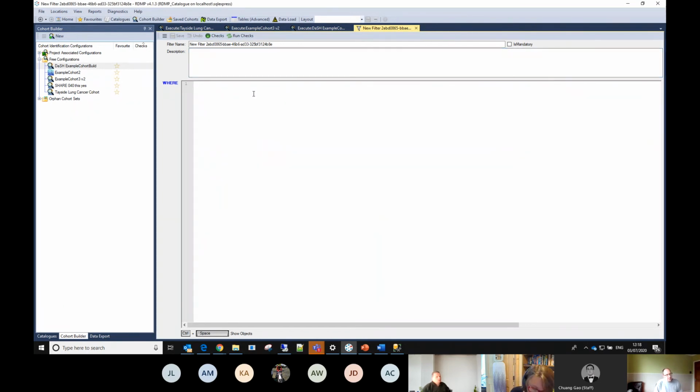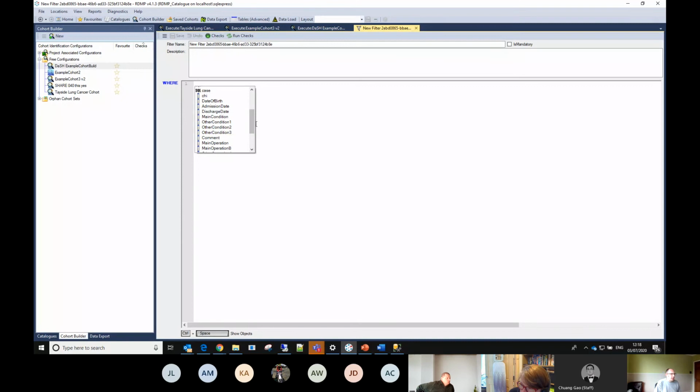Basically, what you're doing here is you're expected to write some SQL code. So if you're familiar with SQL, that's the way you can do it. And one of the most important features here is this bit at the bottom. It says Control plus space to show objects. So if I press Control space, I get this little drop down. And in this list, I get all the columns that are available to me in the data set. So this is restricted to the data set I'm looking at.